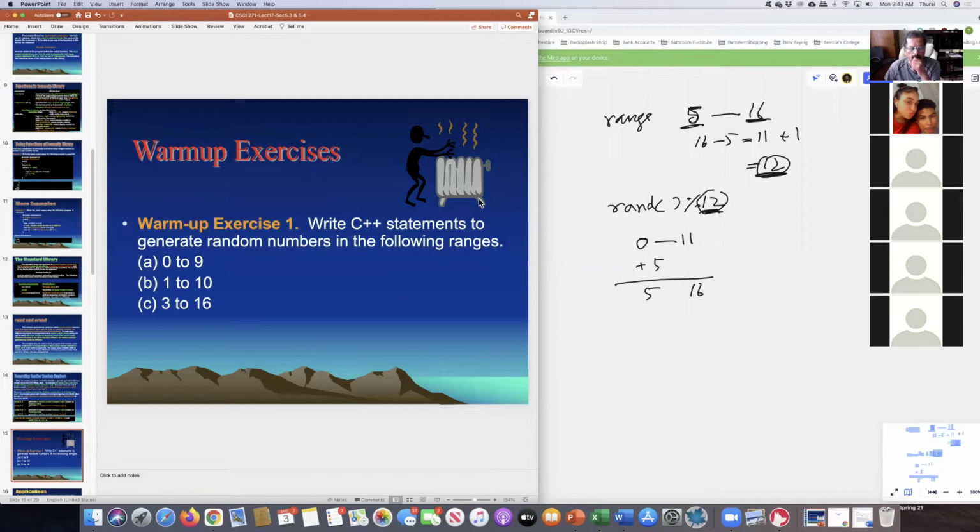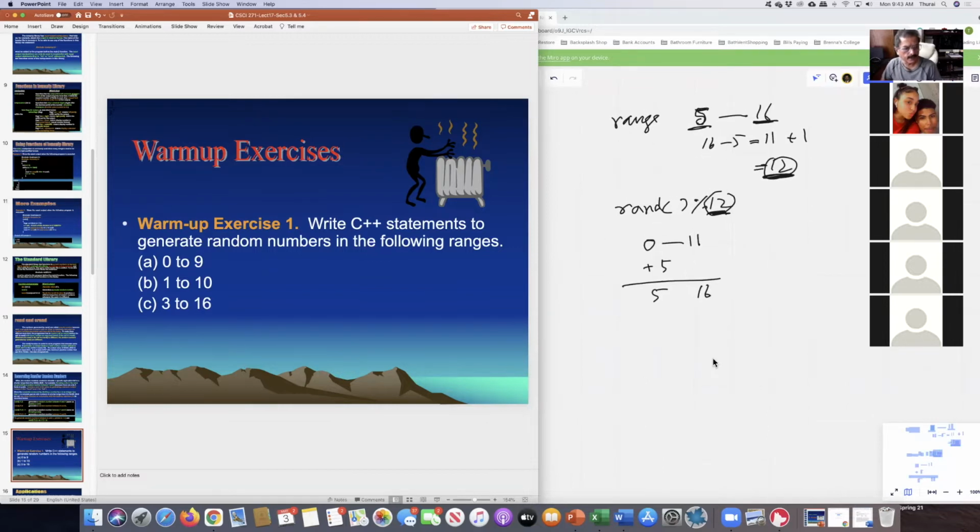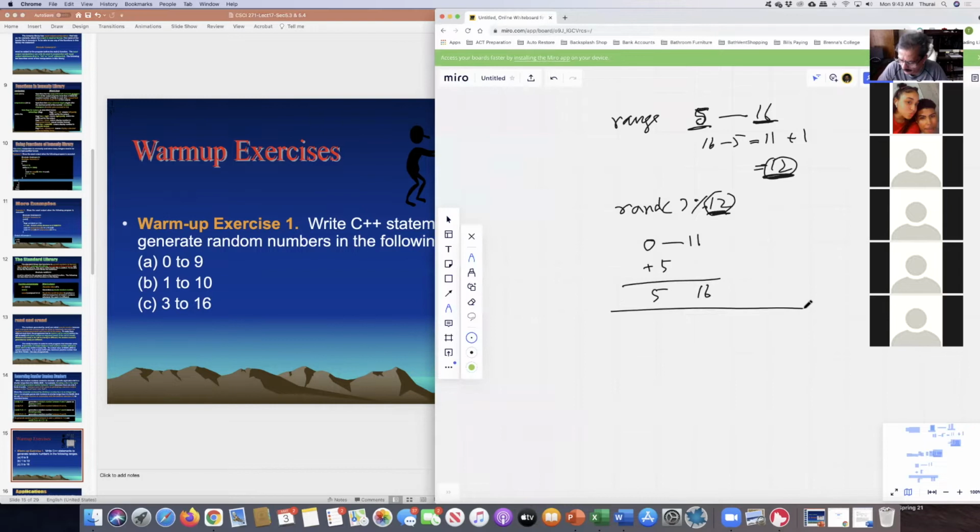Okay, Christine has the first two right, but the third one is wrong. Let me go over all of them for everybody. The first one says 0 to 9. So to get 0 to 9, it's just modulus 10. Modulus 10 will give you 0 to 9 very clearly. That's easy. So for part A, it's rand modulus 10. For part B, you are going 1 to 10. That means you had to go 11, rand modulus 11. I'm sorry, rand modulus 9